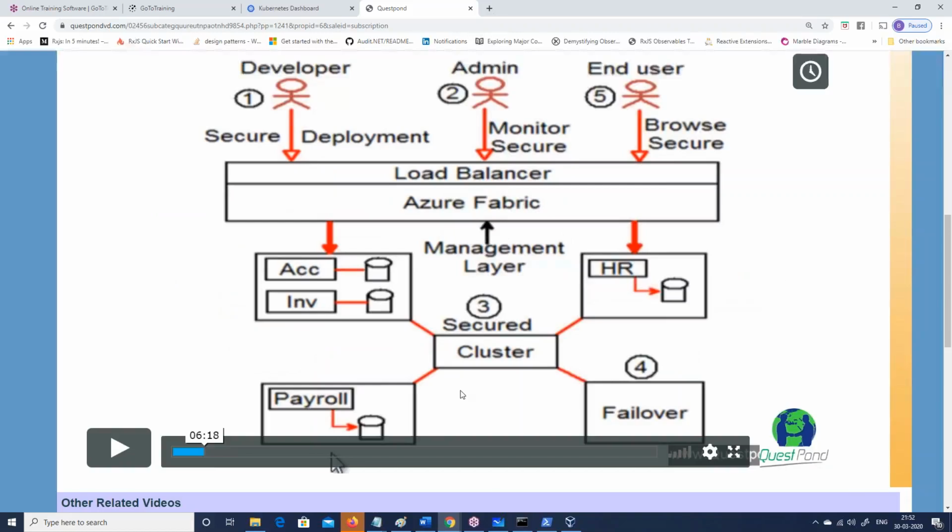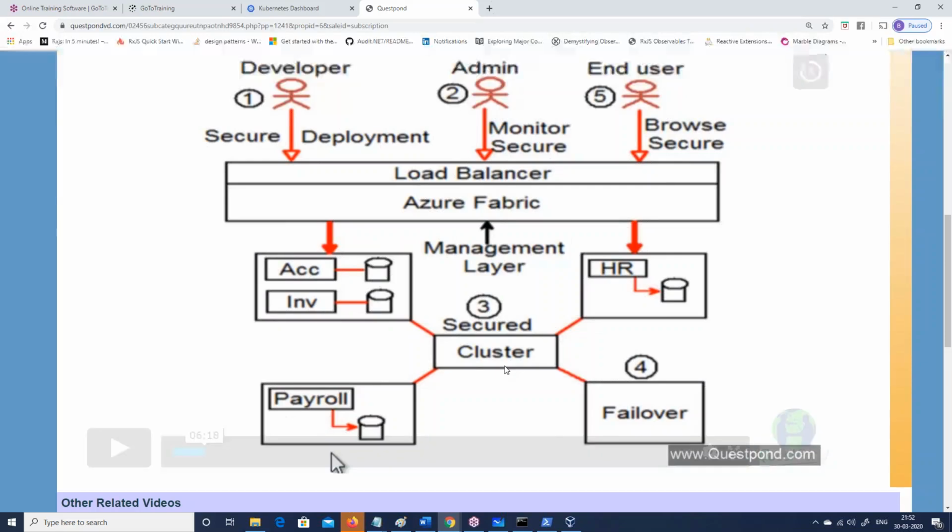over here, this is the most important part, security. You create an accounting application, you create an HR application, but it should not happen that your HR application can be integrated with anyone, right? So there should be a trusted cluster inside it. When I wanted to create this trusted cluster, it took a lot of time for me. If you look at Kubernetes, it's very easy. JWT token, it's quite easy as compared to what I saw with Azure Fabric, right?